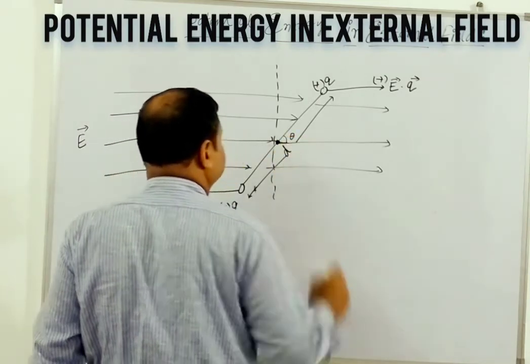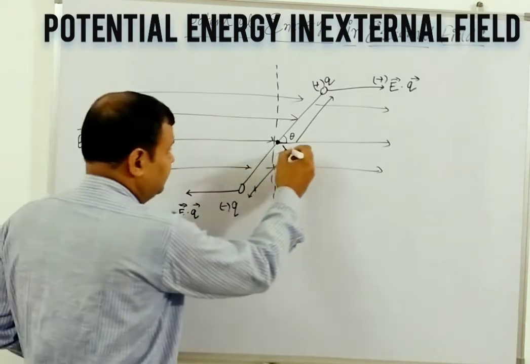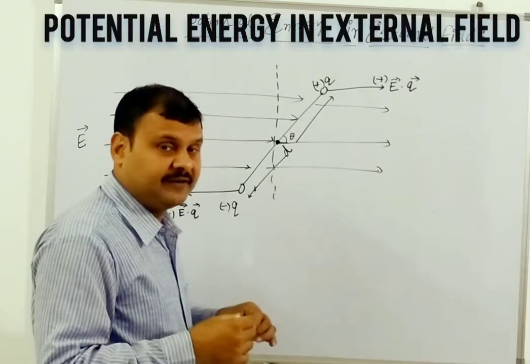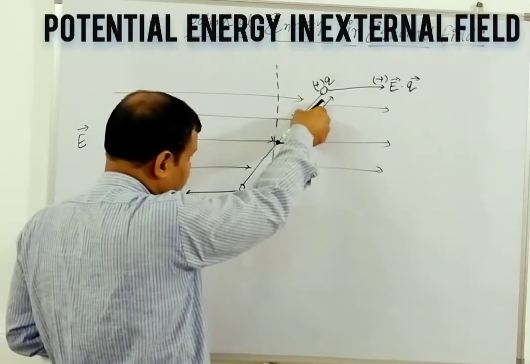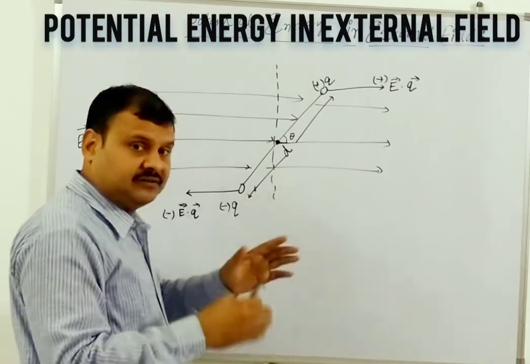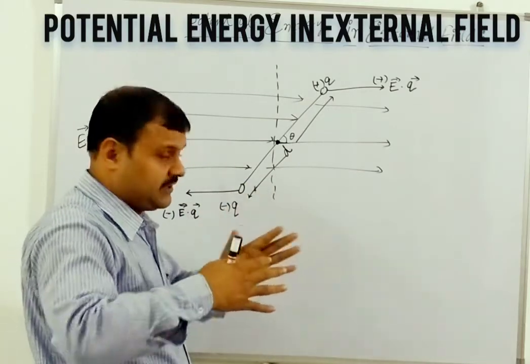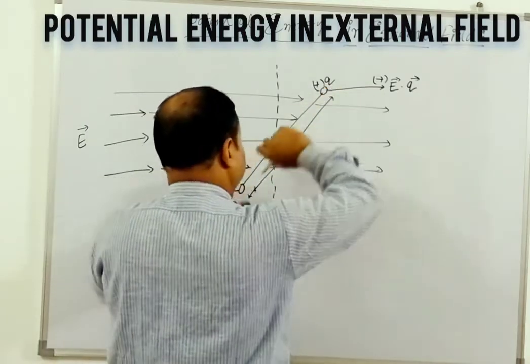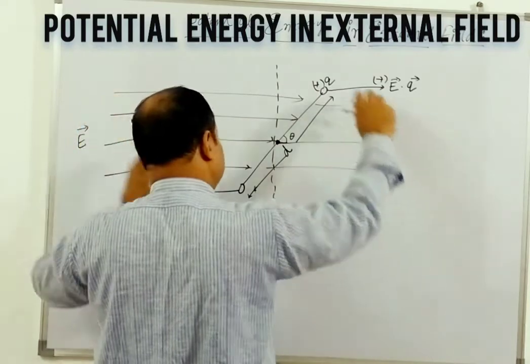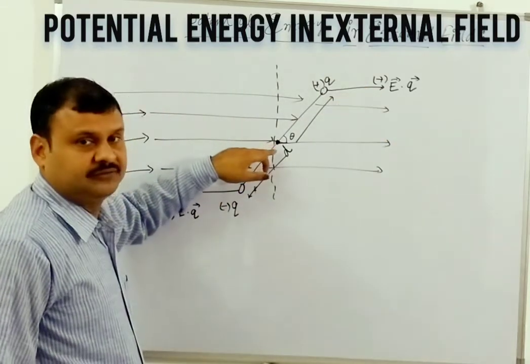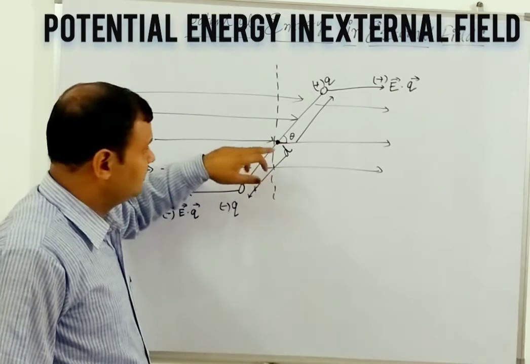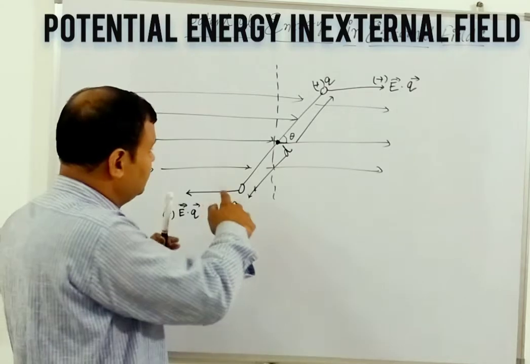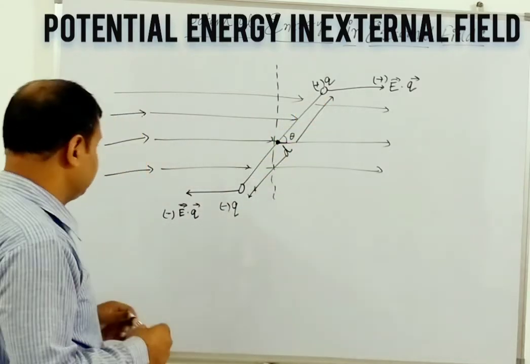If you consider this is the midpoint, so this dipole actually getting some force in a fulcrum-like situation, like your hinge and door, or you can think of torque like a screw motion like this. So what is happening? You are actually putting some force in opposite direction. So it will try to rotate. And that force we will call torque. The force into this displacement. Earlier we have picked up.